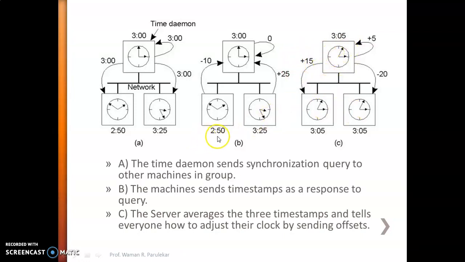For example, in this example you will observe that the value of this slave is 2:50, correct? So we need to adjust it to 3:05. So server will send offset value plus 15 to this clock, and in this case it is 3:25. So we need to decrement the value to adjust to 3:05. So server will send value minus 20 to this clock. So this is how this Berkeley's algorithm will work.